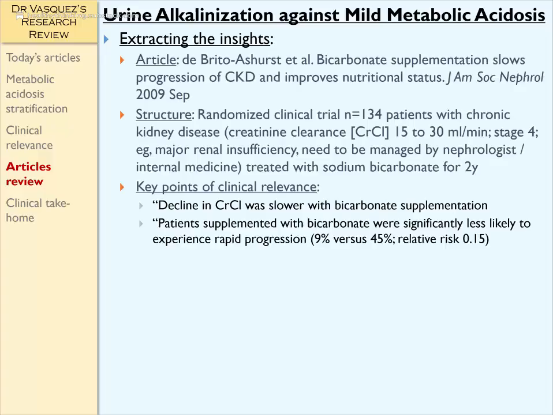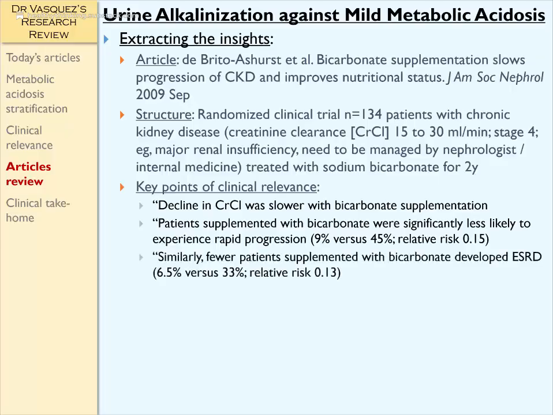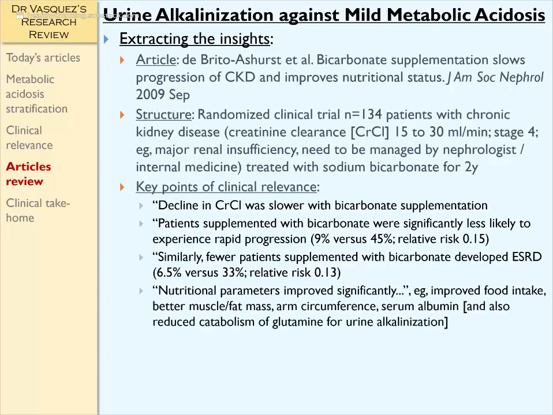This was 9% in the bicarbonate group versus 45% in the untreated group. Again, here the authors state, similarly, fewer patients supplemented with bicarbonate developed end-stage renal disease, 6.5% versus 33%. Obviously, that's a very huge difference. Nutritional parameters improved significantly. This included improved food intake, better muscle and fat mass, increased arm circumference, increased serum albumin,